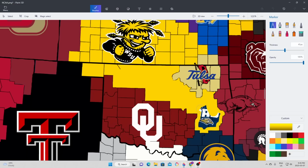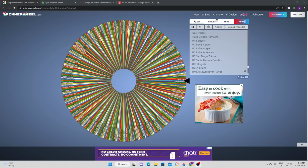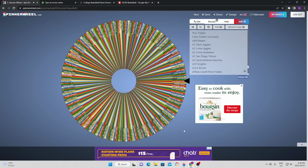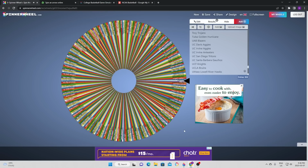And like that, Wichita State continues their pressure into Oklahoma. I think this is now the second team that they have taken in the state of Oklahoma, right? I think they took out the Cowboys, Oklahoma State. Now they've taken out Oral Roberts. And away we go again, back to the wheel, where we were in Oklahoma. Now we head to